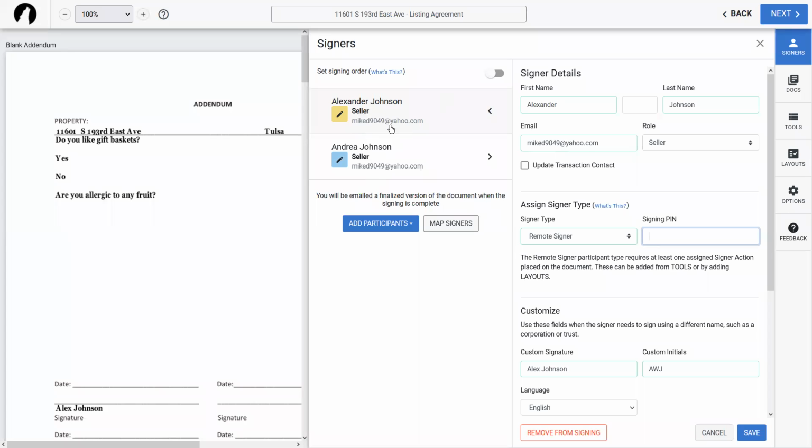I don't want Alex to accidentally click on her email and then go through the signing process without really thinking too hard about the fact that it says Andrea wherever he's signing. But you can put in a pin. It's fairly simple. You just put that pin in there, deliver that to the client, however you think is going to only get to them. And then we can save that information and move on to the next person and do the exact same thing. Now make sure that you guys are putting in pins that are not going to be easily guessed. So don't put in like 4 zeros or 1, 2, 3, 4, you know, whatever the case may be. Just make sure that it's going to be something that's actually secure.